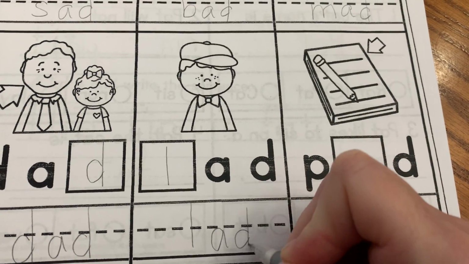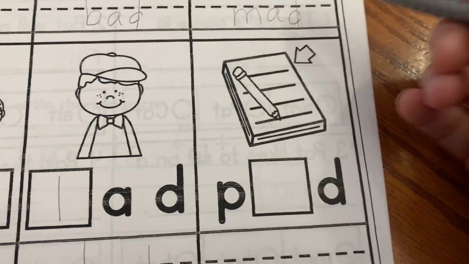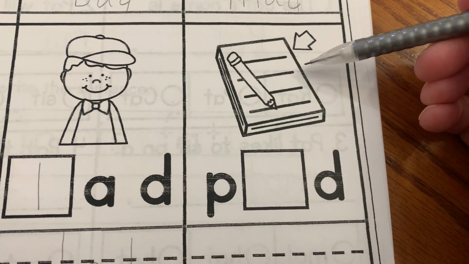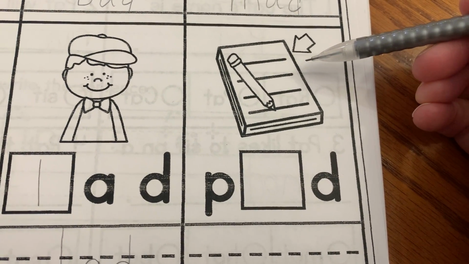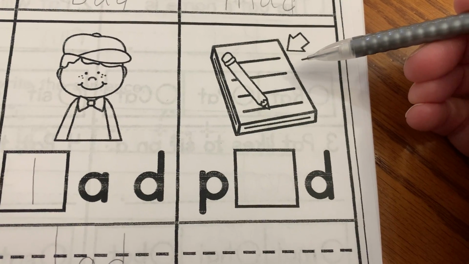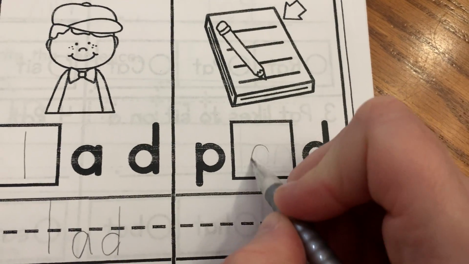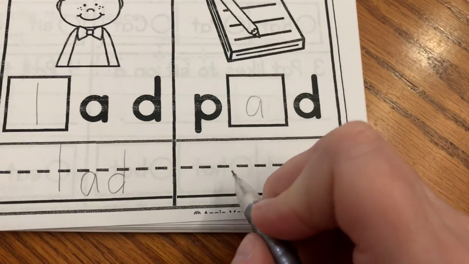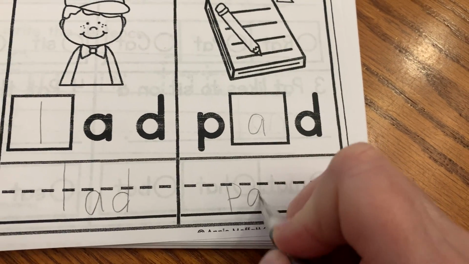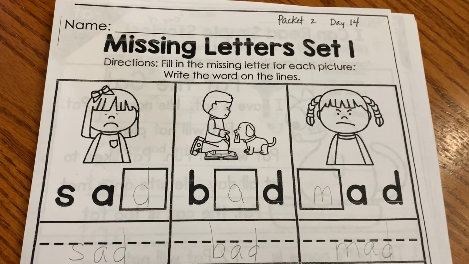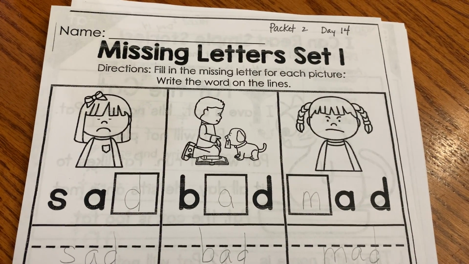Lad. Okay, now, they're making a list. Here's the pencil, but the arrow is pointing to the paper. And when I remember I showed you on my refrigerator, I have paper on a magnet, and you call that a pad. Ready? P-ad. Okay, let's write it. P-ad. Awesome. Great job. All right, I am going to stop this video, and I'm going to make another one for day 15.